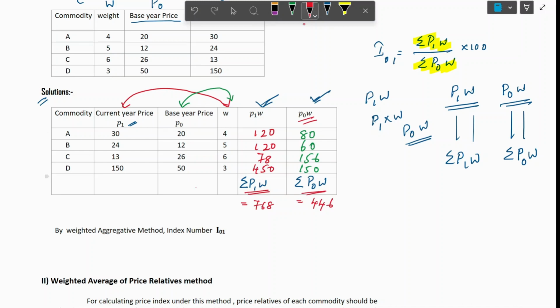First step, table completed. Next step, by the weighted aggregative method, we write the formula and then substitute. That's your final answer. I01 equals summation of P1W divided by summation of P0W into 100, that is 768 divided by 446 into 100. Therefore, the answer is